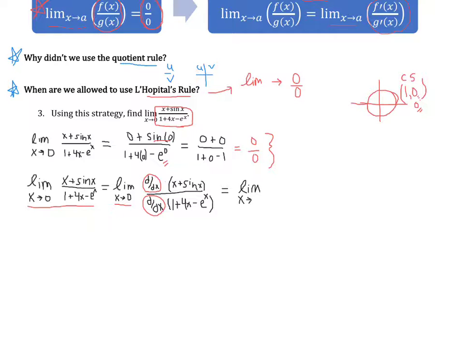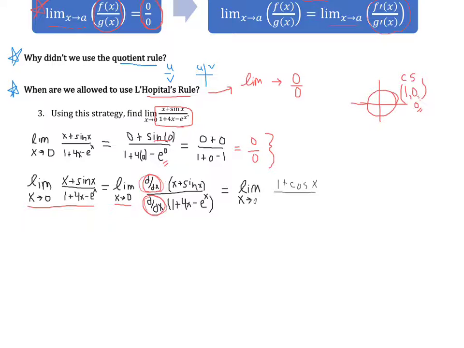Now I'm again going to rewrite, but before I plug in 0, I have to take the derivative of the top and bottom, remembering that that's what that stands for, and that's the key move in L'Hopital's rule. So when I do this, let's figure out what is the derivative of x. Well, that's just x to the first, so that would be 1x to the 0, or just 1. What's the derivative of sine x? That's cosine x. So we turn this into 1 plus cosine x. The denominator,